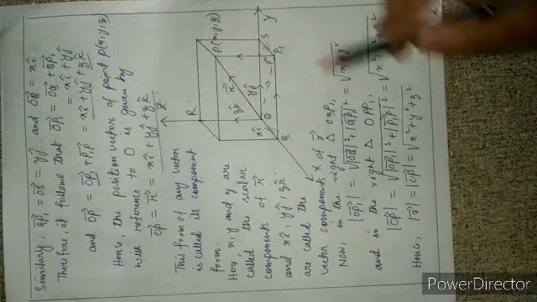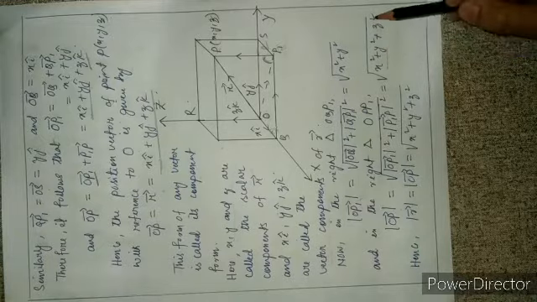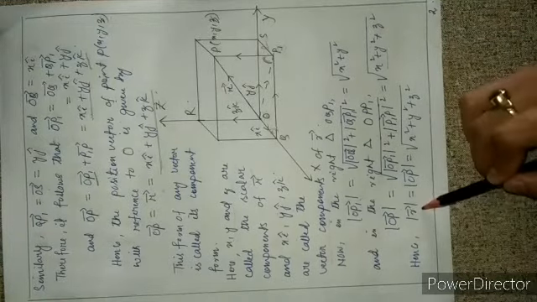PP1 and OP1 vectors: magnitude of OP1 vector whole square plus magnitude of P1P vector whole square. This OP1 vector is represented by root over x square plus y square, and squaring on both sides we have OP1 whole square equal to x square plus y square. And this P1P is the same as OR, and OR is represented by the component z, so the magnitude of OP vector is equal to root over x square plus y square plus z square,